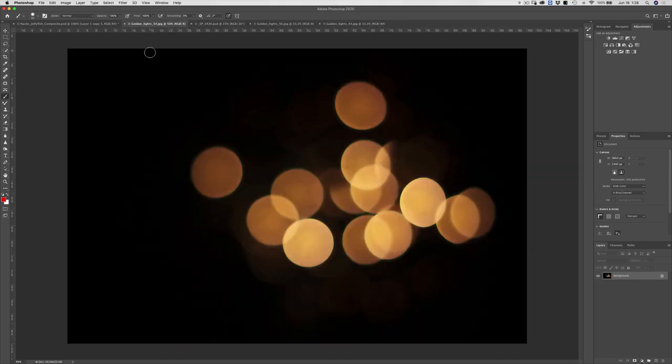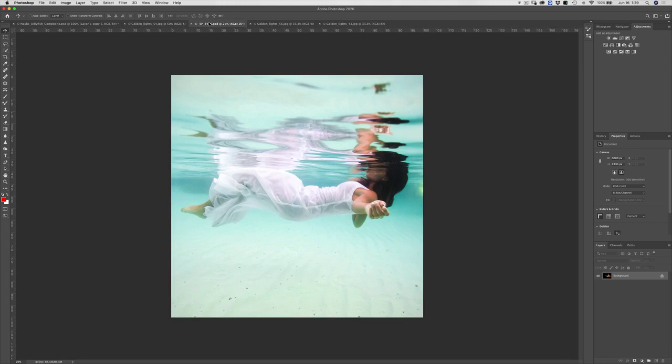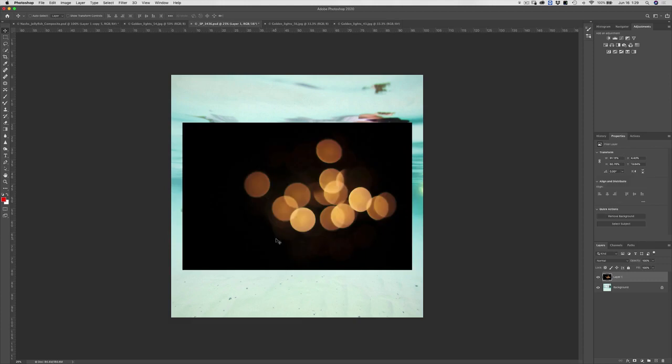So what I can do is select my first image right here, use my move tool, make sure my move tool is activated, click on the image with the shift key down, and then click and drag over the tab for the image, and then come down and drop that layer onto my image.